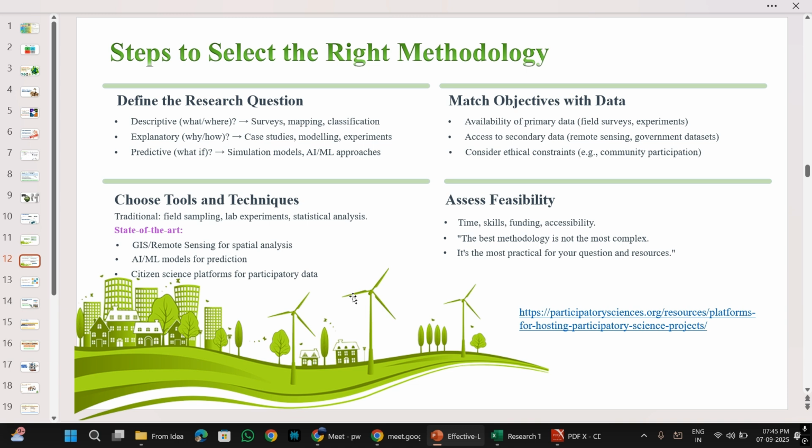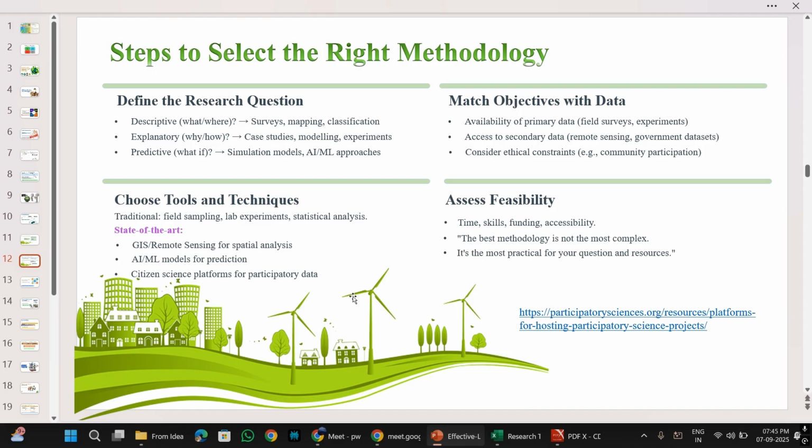So whether it is going to be like that, or whether it is going to be thorough with what is the trend now. So what is the trend now? The trend now is using GIS data. Trend is using remotely sensed satellite data to study the spatial analysis, using artificial intelligence and machine learning models to predict what might happen with the environment in future. So these are the state of the art methods. These are something that is going on now. It is no more a story of the past. It is happening now in the present.